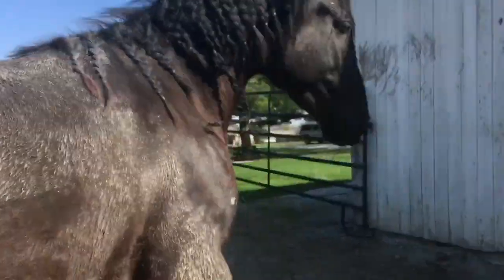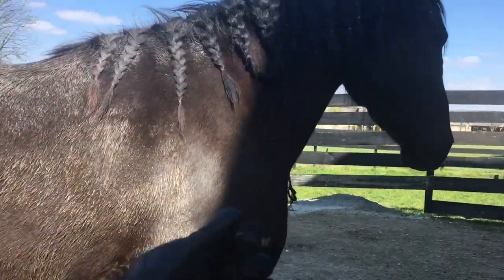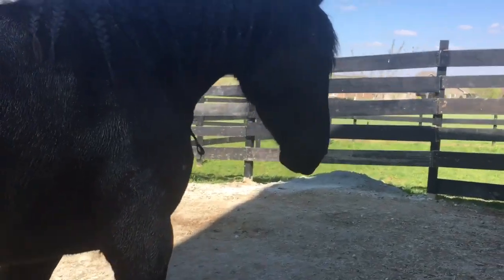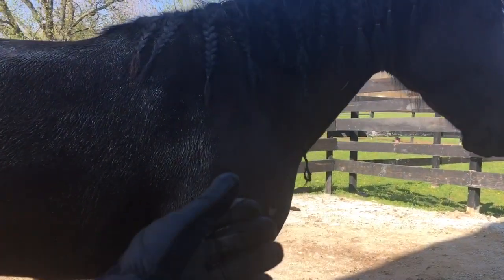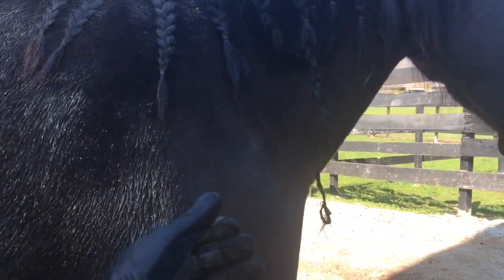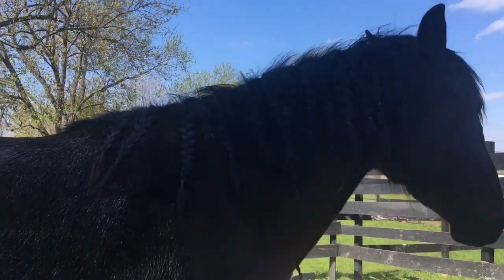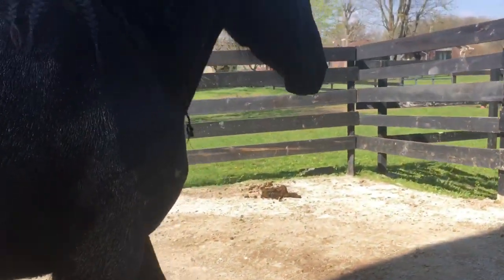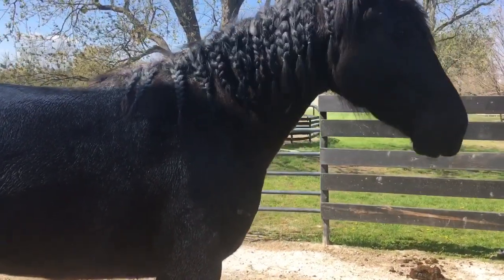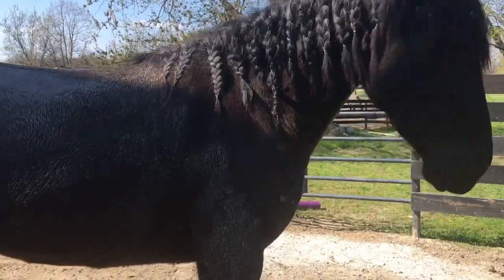Ho. And you can see just how uncomfortable she is with me over here. Hey, ho. So I'm just gonna work my way in. And this has been the hardest thing about her, is you can see her mane is braided over here. I've been over here quite a lot. Ho. I've been over here for several days now, but every day